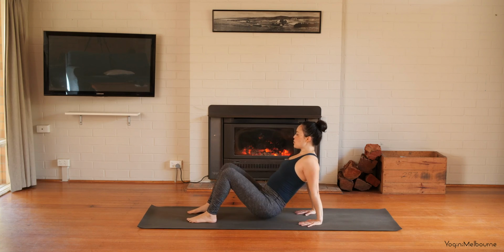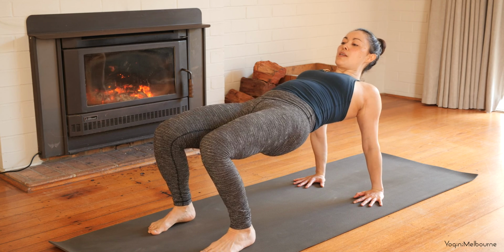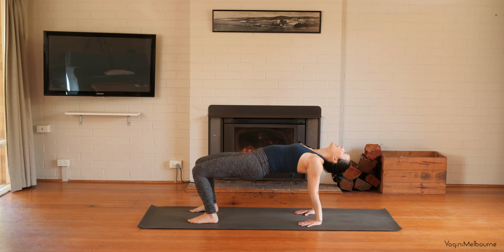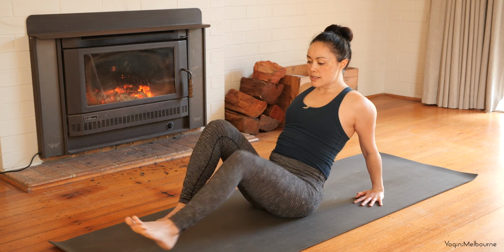So we're just going to do one more opener for the shoulders, pressing down through the soles of the feet, particularly the base of the big toe. If it's comfortable for you, then you might let the neck relax back completely. Keep lifting those hips up. Keep breathing. Pressing down to the knuckles of the hands. Take one more inhale. As you exhale, bring the head back up, lowering the hips down, extending the legs away long,